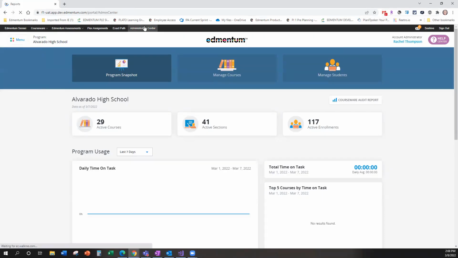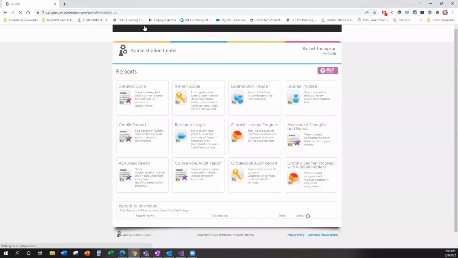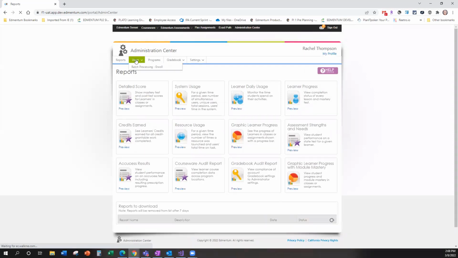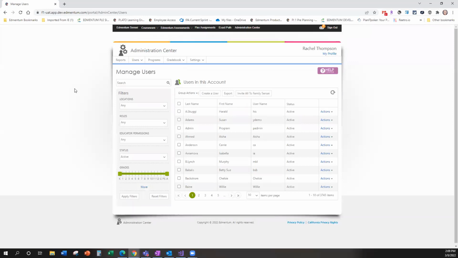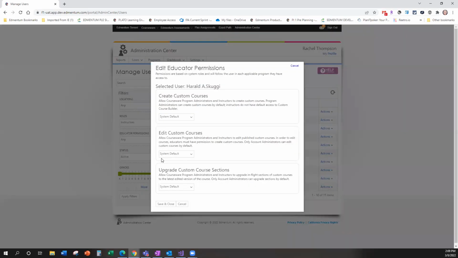Okay, so what's new? Let's start in Admin Center. I'm going to go to the Users tab, Manage Users. We are introducing 3 new permissions with this release that can only be set by an account admin. So for ease of use, I'm just going to filter to instructors here. I'll go through the workflow in a minute, but first let me just pull up the permissions and talk through